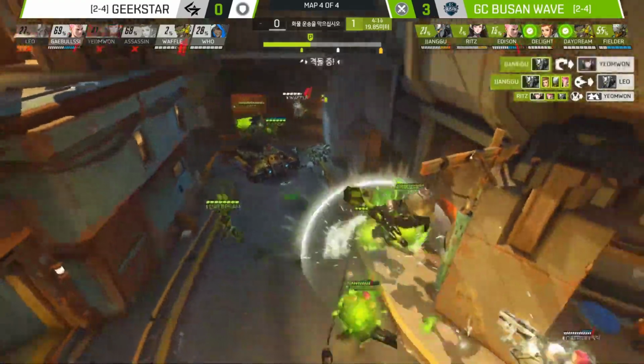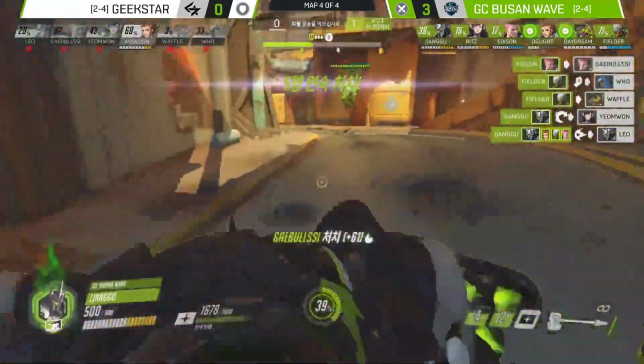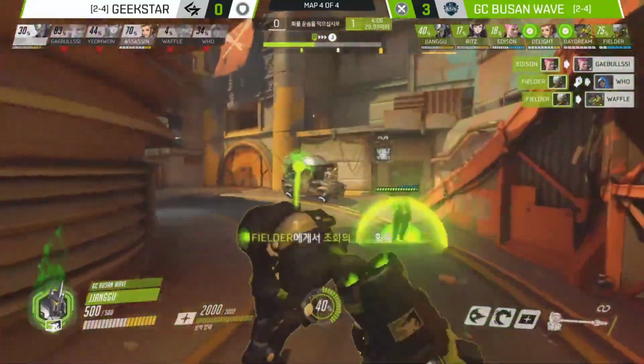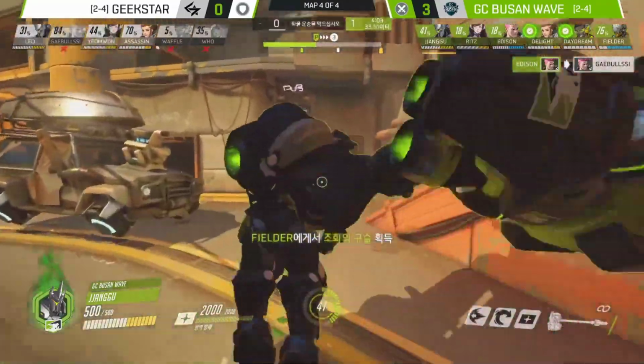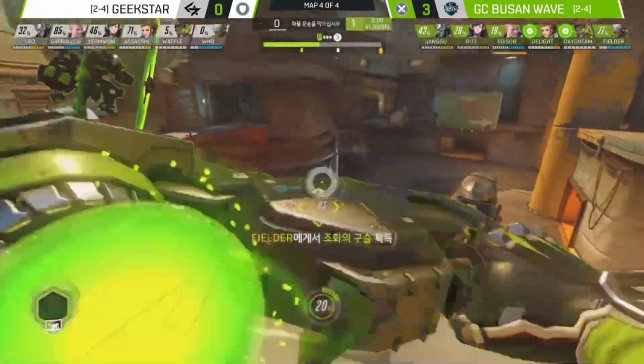The Solar Shatter onto Leo, you will take that twice on Sundays. They clear out the fight from GEEKSTAR. Man, that was scrappy. Ultimate's gone from both sides. The GC Busan Wave also coming away with this, you know, pretty hefty advantage in this now,